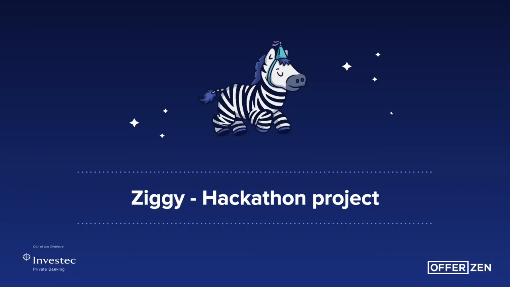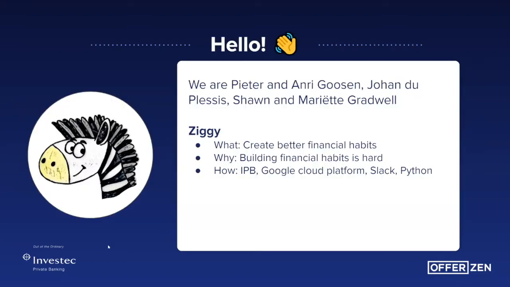So we created Ziggy. We are myself, Pieter Goosen, Johan Plessis, and then Shawn and Mariëtte Gradwell. We wanted to create a way to help us create better financial habits. Some of the best ways to build a habit is using something like gamification. But you also need instant feedback, so you need to know if you're progressing towards building your habits or if you're sliding. So this is what Ziggy is. Ziggy is a way for us to build financial